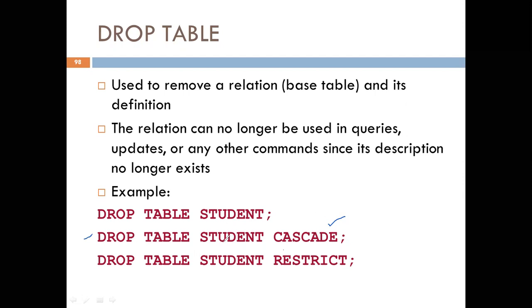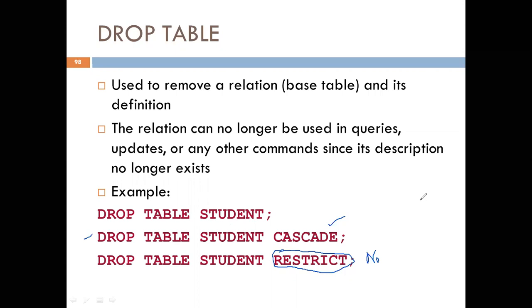Now the second keyword, that is restrict. The difference between restrict and cascade is that the student table will get deleted only if there are no active references. Which means if there is no data in the admission table, then the student table gets deleted.